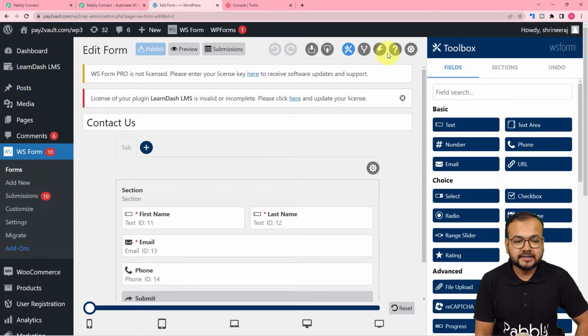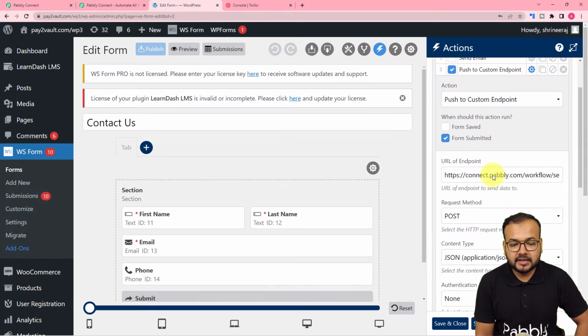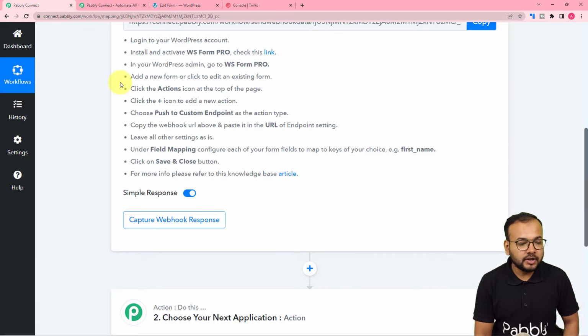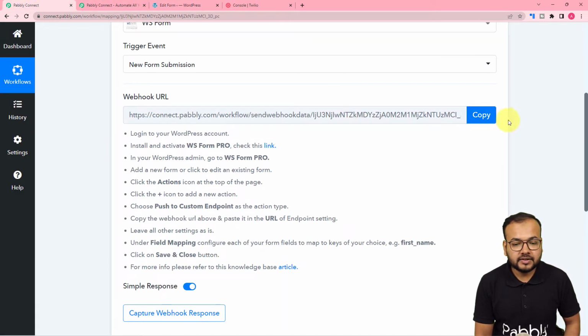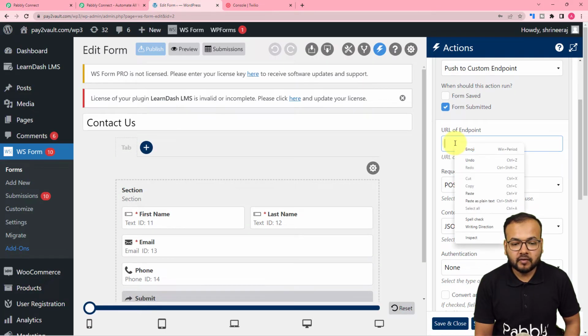and here you will find this actions option in the top right corner. Here you can see actions, click on it, and under actions section you have to check this push to custom endpoint checkbox. Okay, and here you will find this settings icon, click on settings, and under the settings you will find this URL of endpoint option. So under this URL of endpoint you have to paste the webhook URL that you got from your workflow. So this is the webhook URL we have here. Just click on copy from here,